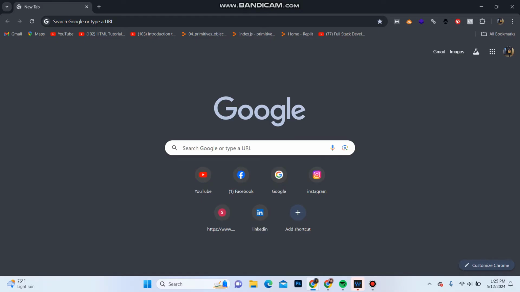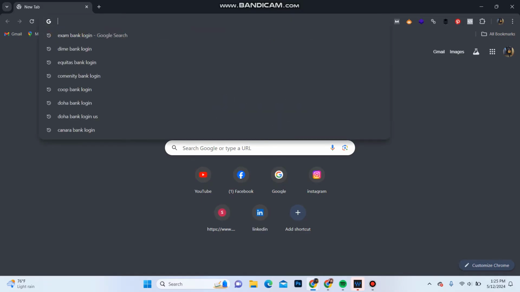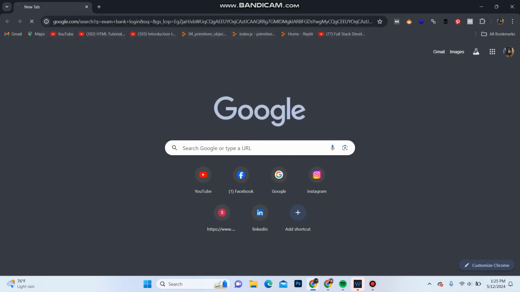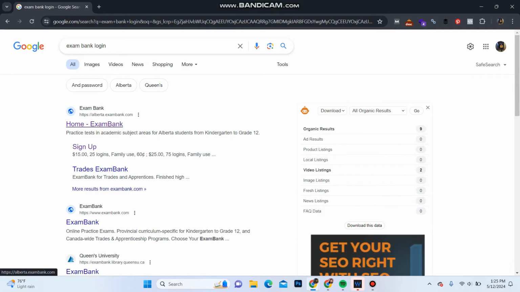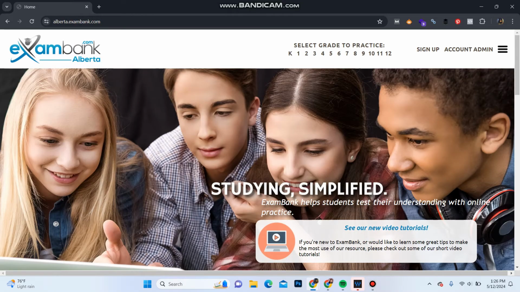First of all, open your web browser and in the search bar type in exam bank login. And as the search result you can see in the first option the link to the website of exam bank, or you can type in allwater.exambank.com. It will take you to the official website of exam bank, and over here in this interface you can